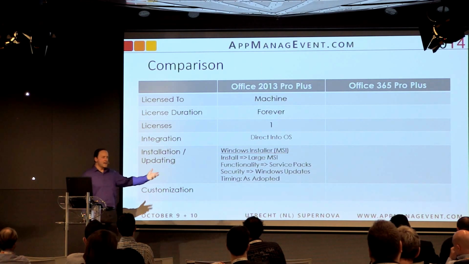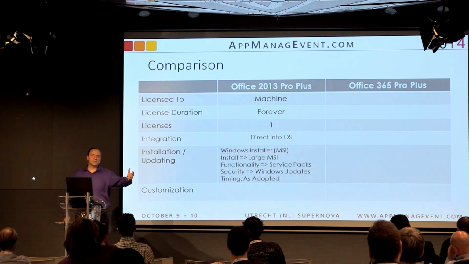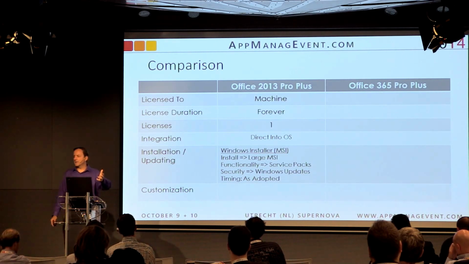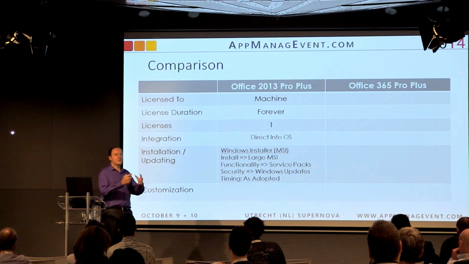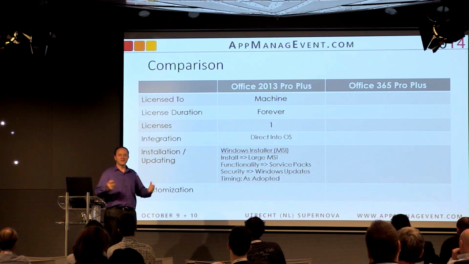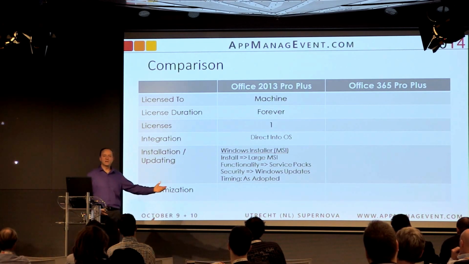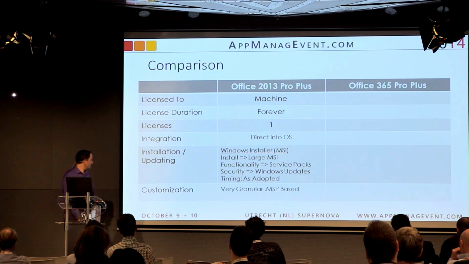The timing is as you adopt it. So service release 2 or 1 for Office 2010 comes out, you become aware that it's out there. You decide, let's check it out. Do we have any major risk points? Does some software that integrates with Office typically bail every time we have a service release and we have to test it? And then you adopt it, and then you test it and you push it.